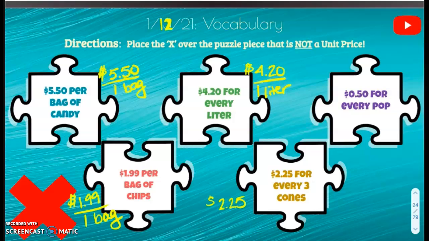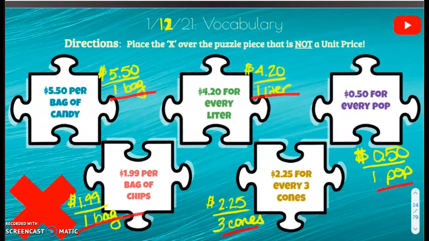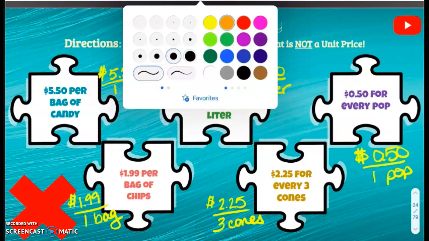$2.25. That's for every 3 cones. And then 50 cents, $0.50. For every pop, so that's for 1 can of pop. So which of these is not going to have a 1 in our denominator? We have 1 bag, 1 liter, 3 cans, 1 pop. 3 cans. So we are going to drag our red X